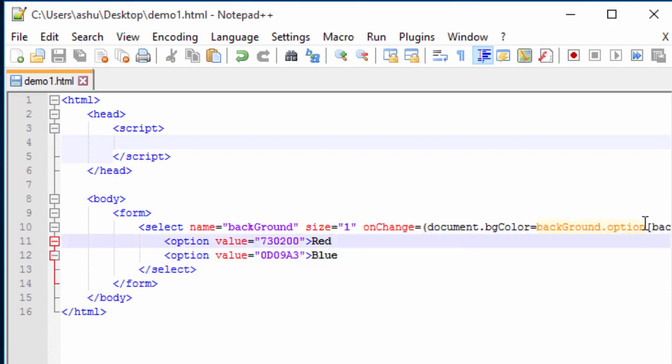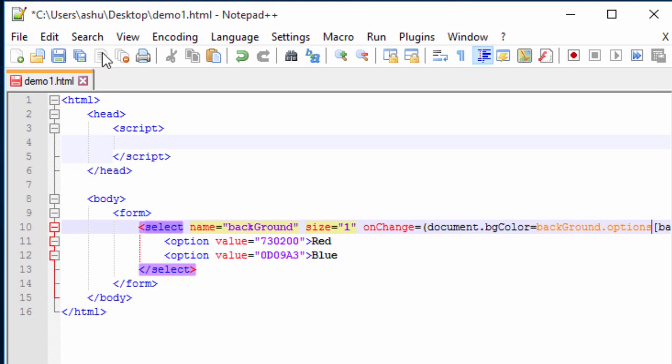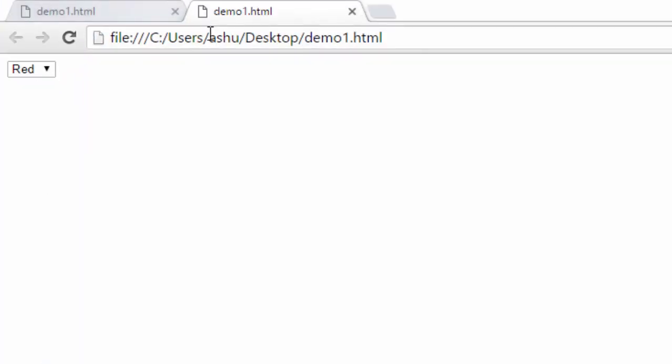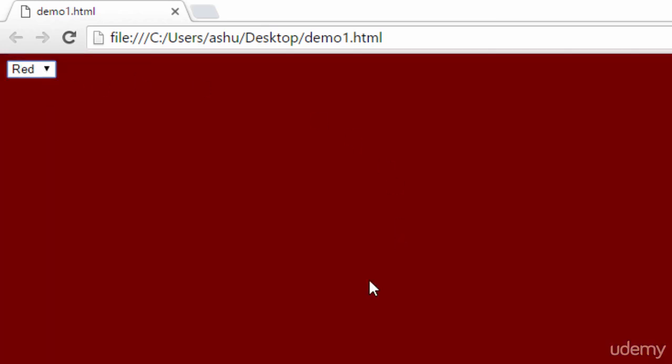And one more thing which I missed here is that this option right here should be actually options, and that is because we are going to select color from certain options. Now once we save the code and execute it, as you could see, this window pops up and it has a select option. So we have two colors right now, blue and red. So when I select blue, as you could see, the entire screen or the web page background turned into blue. Now when I click red, it is going to change the color of the background to red.